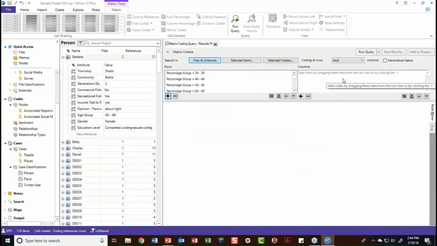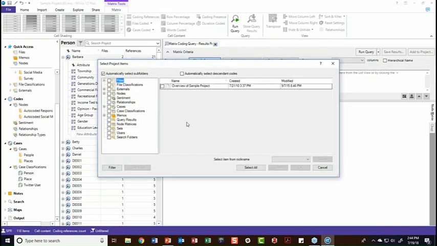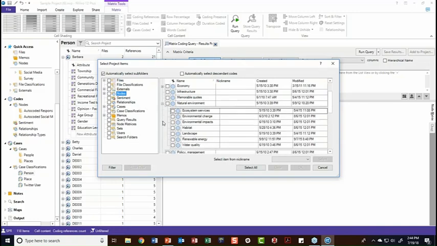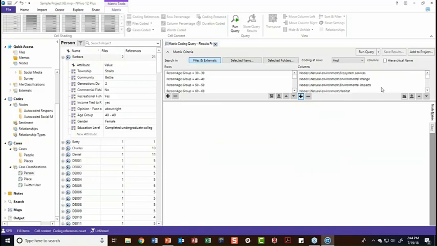And in this case, for the columns, I want to look at the intersection of the age group and the different facets of the natural environment to see how they are similar or different. In which ones they might have focused on in their discussions based on my coding. When I run the query,